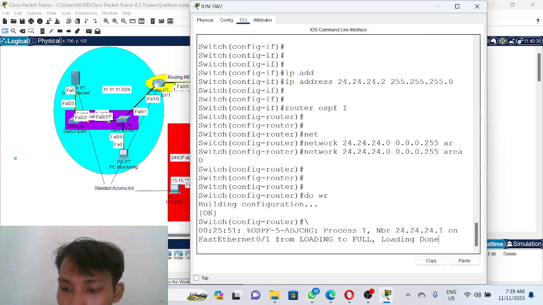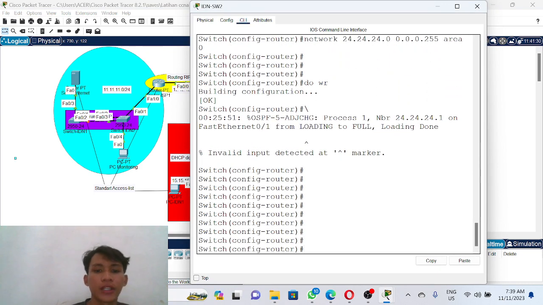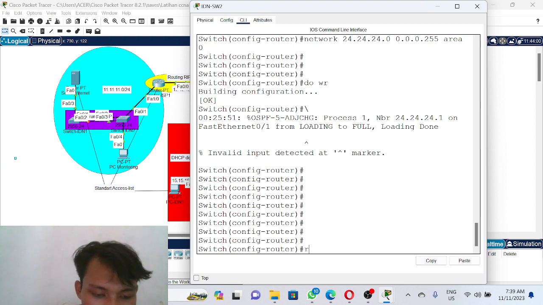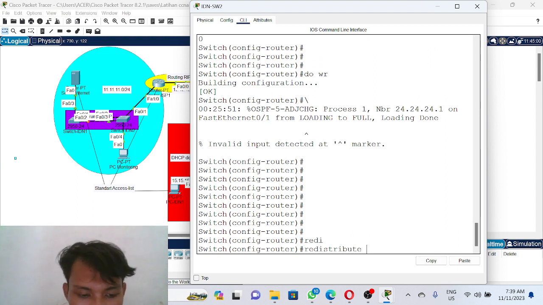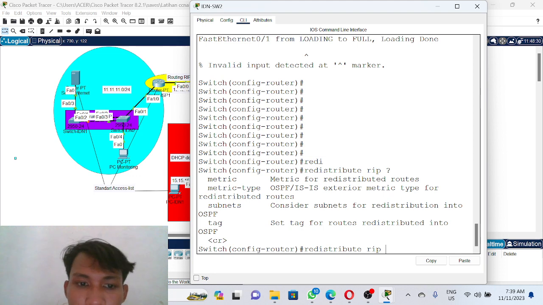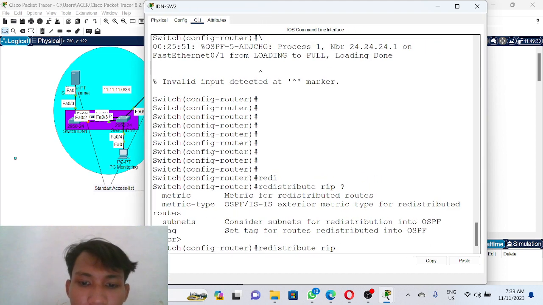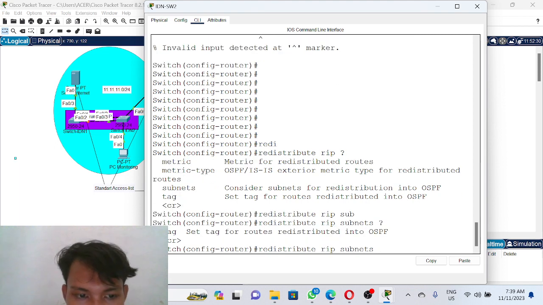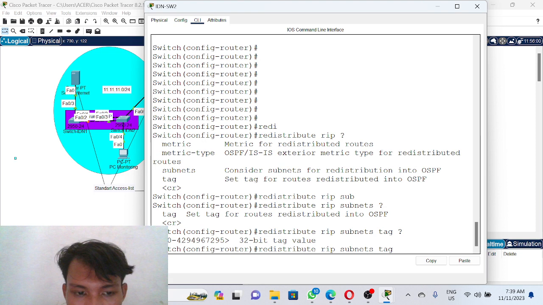And then we set the redistribution from this: redistribute RIP, question mark. Okay, and then we take subnet, question mark, then the tag, question mark.